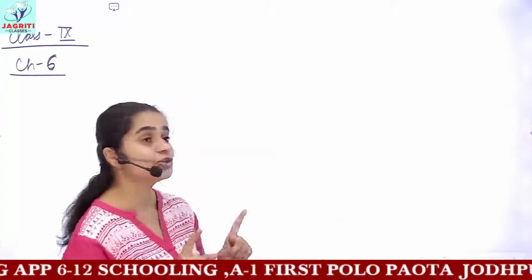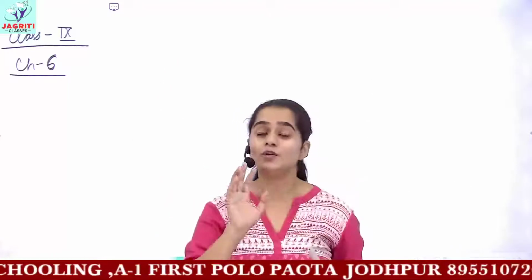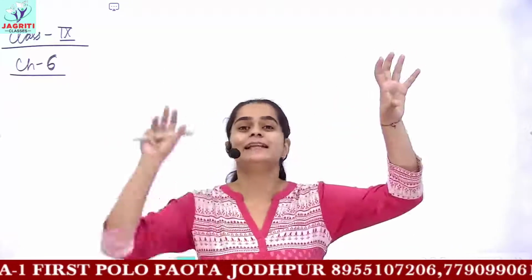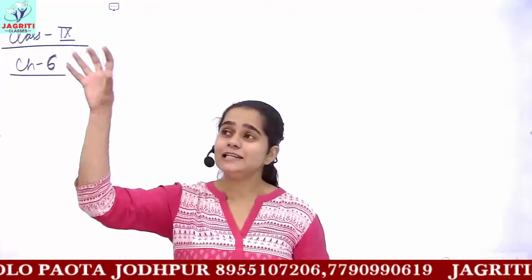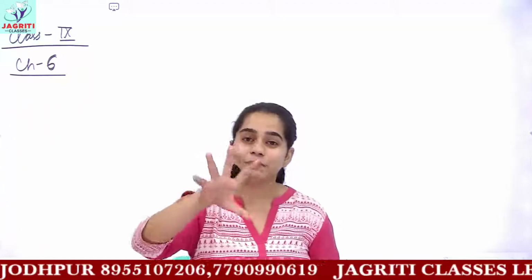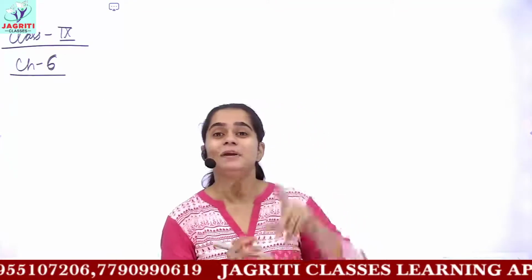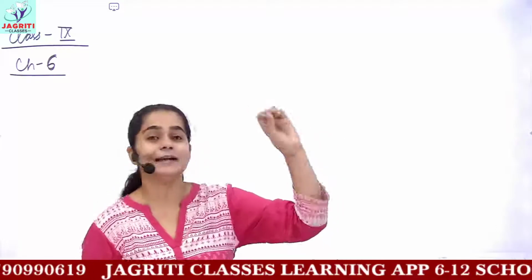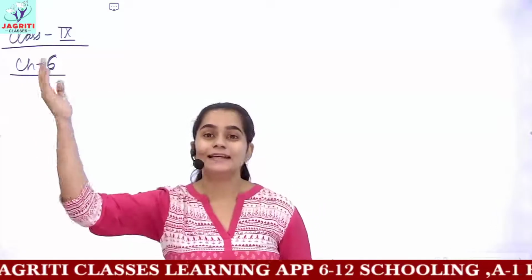In plant tissues, in the introductory video I have made a flow chart. That is, in plants you have two different kinds of tissues. One would be meristematic, the next would be permanent tissue. Then these permanent tissues are further divided into two categories, that is simple permanent and complex permanent tissues. We have done the meristematic tissue completely, all the meristems we have studied, apical, intercalary and lateral. Then moving on to the next category, that is permanent.